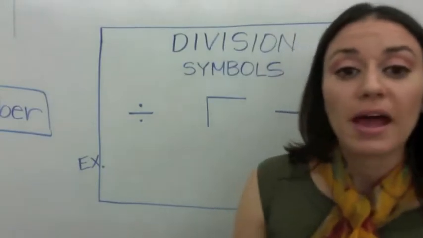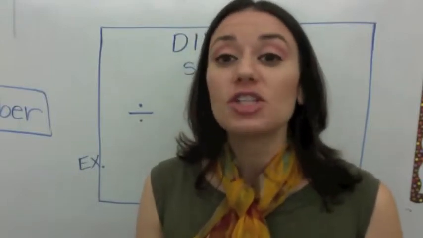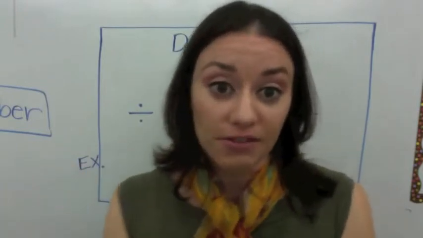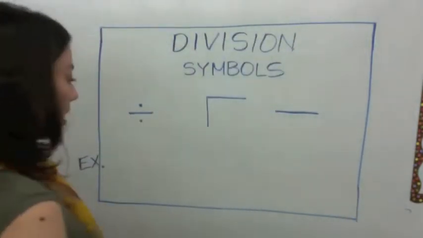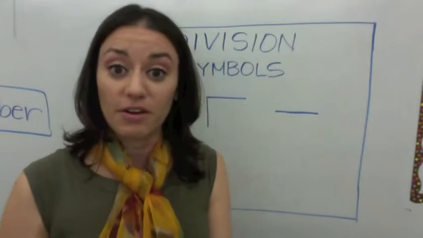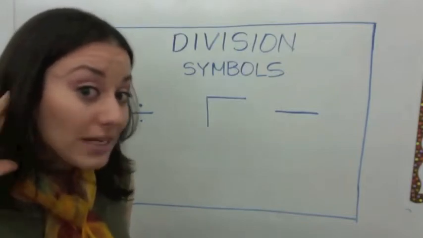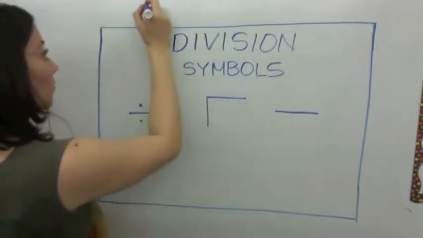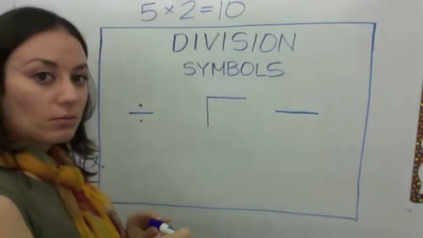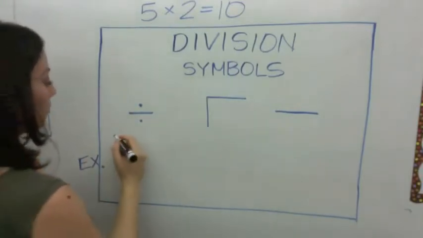Now, division also has 3 different symbols to represent division. Division is basically taking a big number, we call it the dividend, and we break it into equal parts using the divisor. So let's use another group of numbers, the fact family of 5, 2, and 10, because that'll be very easy. We have to take the big number, which is the answer. Remember, what is 5 times 2? 5 times 2 is 10. We're going to use this to help us solve division. So one way you could write this division problem is 10